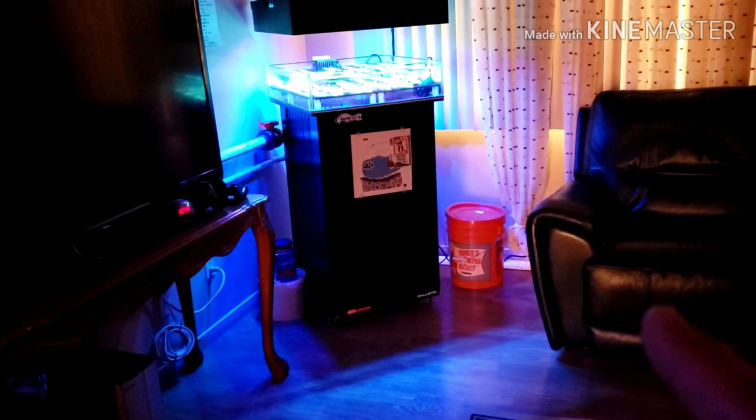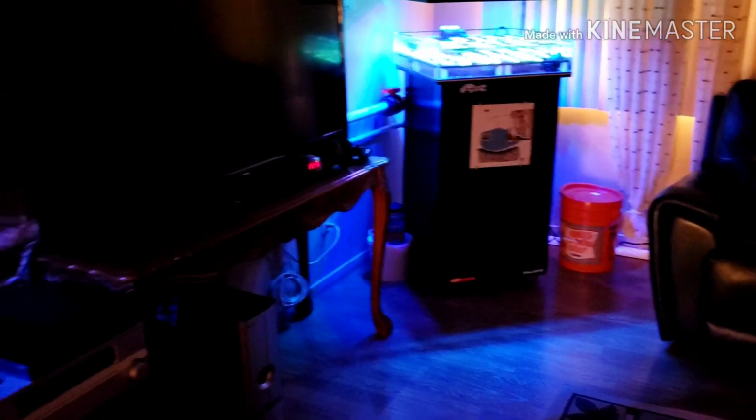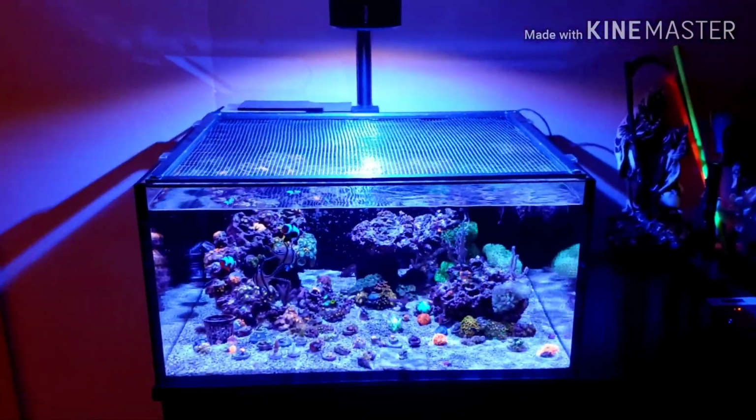I do have a bucket over there. I'm going to do a water change on the CV40, but unfortunately some of the big changes that are going to happen